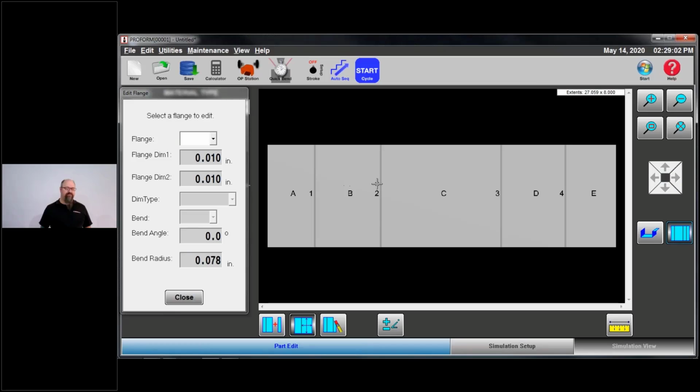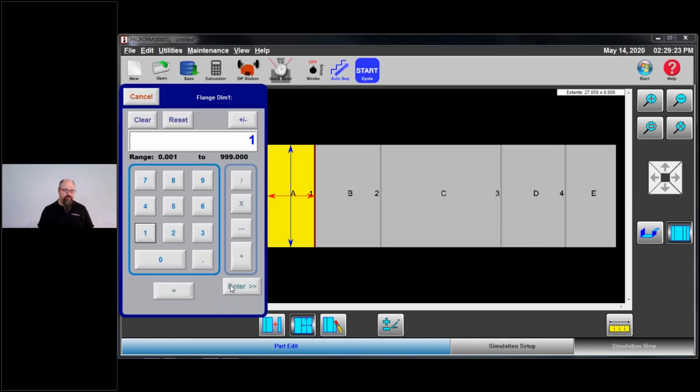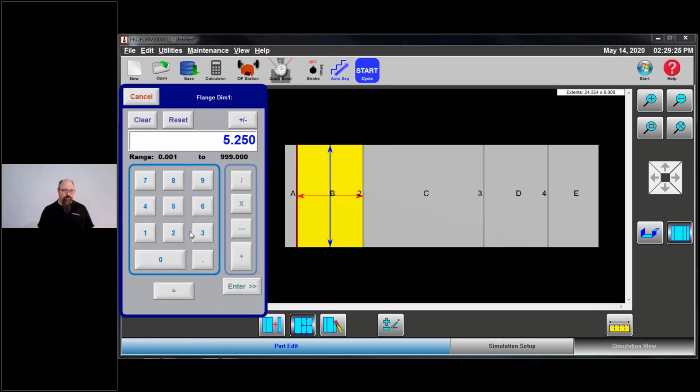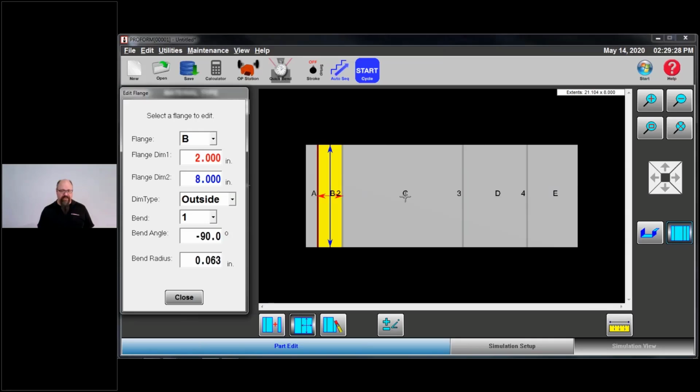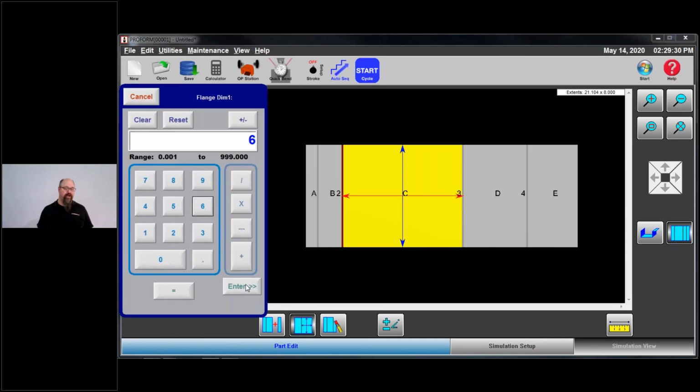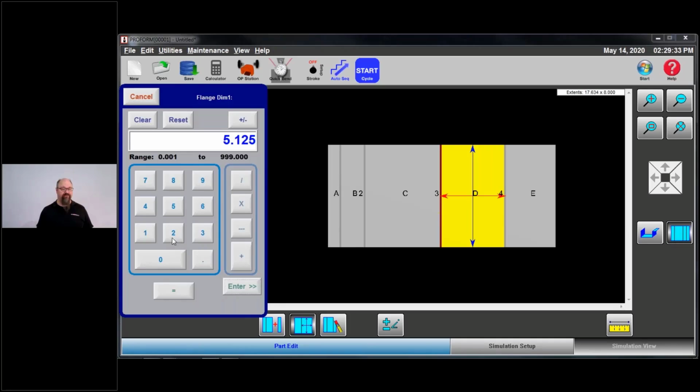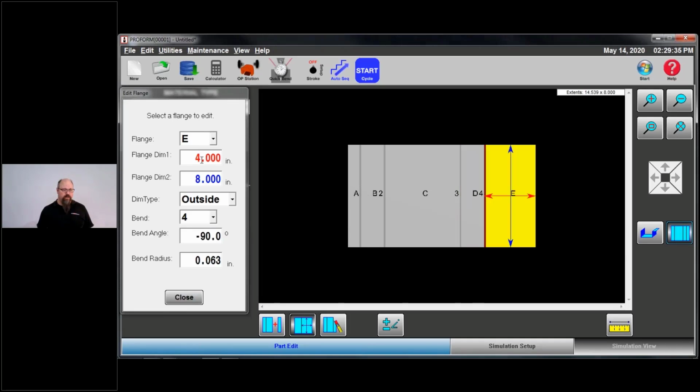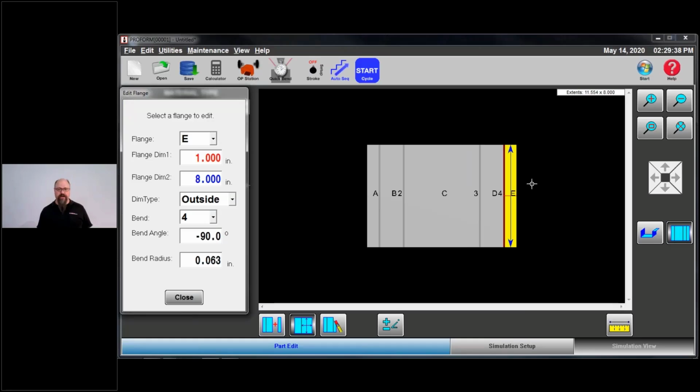So now you can see there's my 5 flanges that I drew earlier. So flange A, and now in the color scheme here, I've got a vertical blue arrow and I've got a horizontal red arrow. Again, you can change your color preferences on these to suit whatever you personally need. My flange dimension here is a 1 inch. My flange dimension here is going to be 2 inches. I'm going to make this 6, and then these are just numbers I'm pulling out of my head. These are not actual values that I have written down anywhere. And 1. So there's my layout.